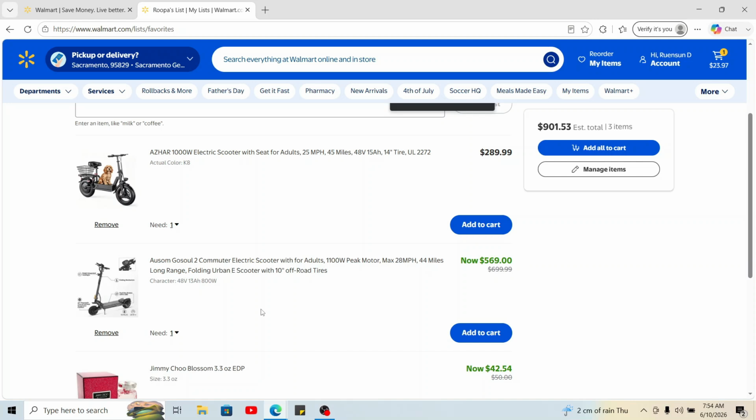Saving items to your wish list helps you keep track of products you want to purchase later and makes your